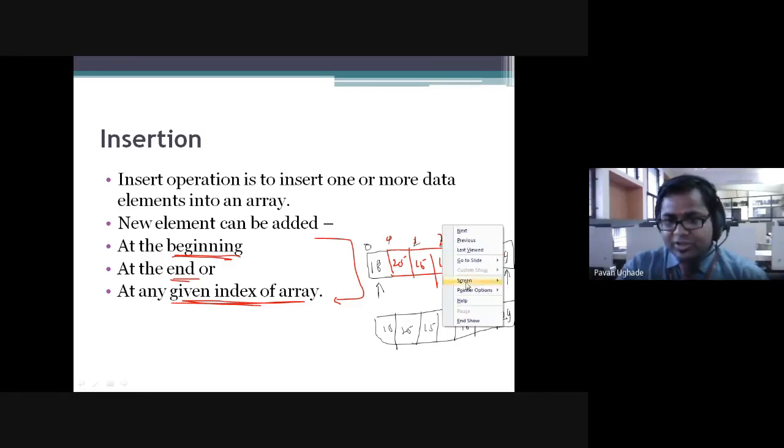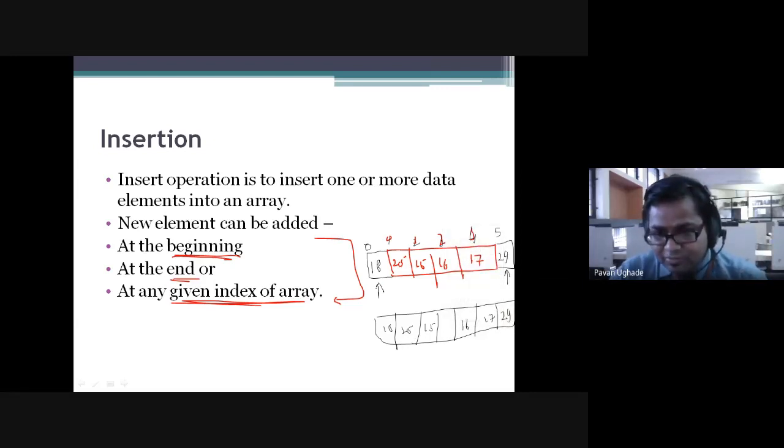Now here you have to just create one memory space, and please try to understand that the elements up to this position are unchanged. The first three elements 18, 25, and 15 are unchanged with their index values. The next element, let us assume 20, is added at a of 3, and the other numbers 16, 17, and 29 have their index values updated.